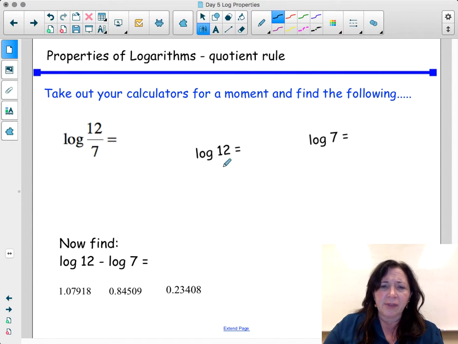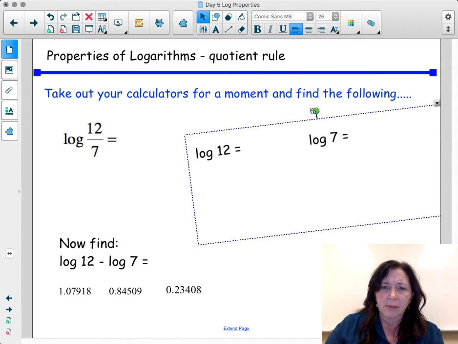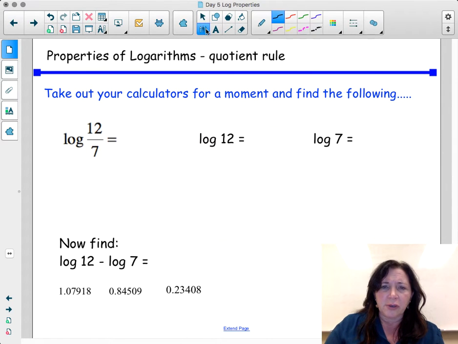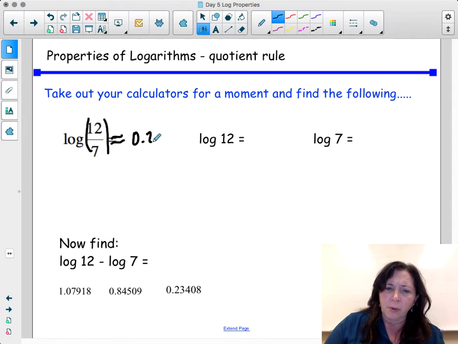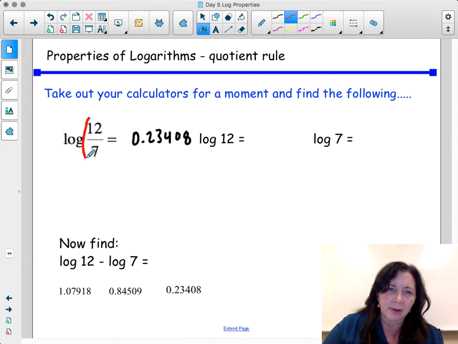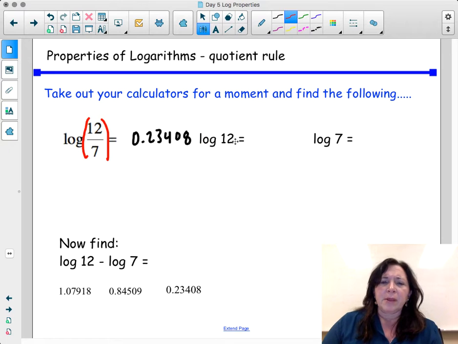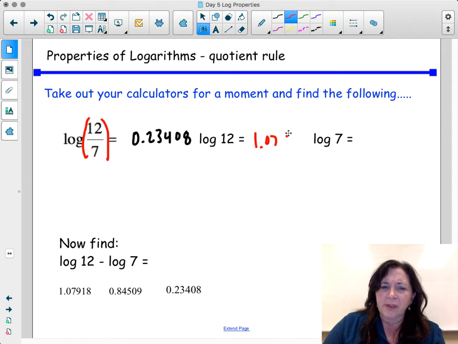So take out your calculators. If you were to plug these values in, log of 12 over 7, I believe, comes out to 0.23408 in your calculator. Okay, so that's what this is right here. And yes, you would use a parentheses. Log base 10 of 12 is 1.0792, and log base 10 of 7 is